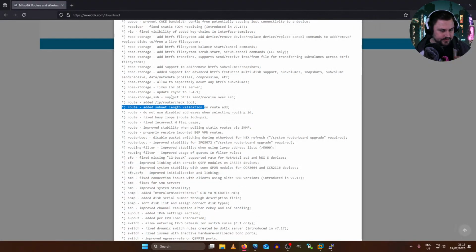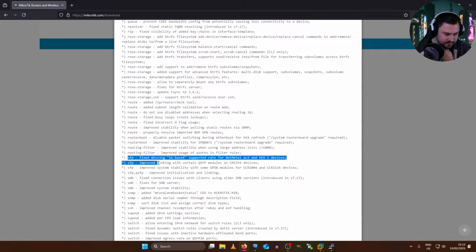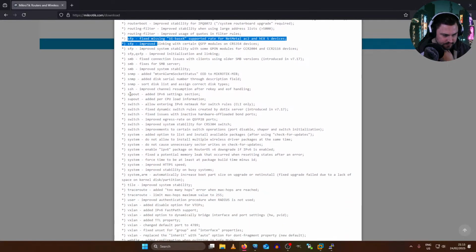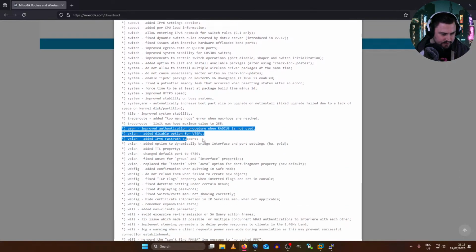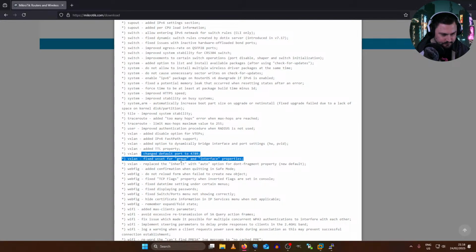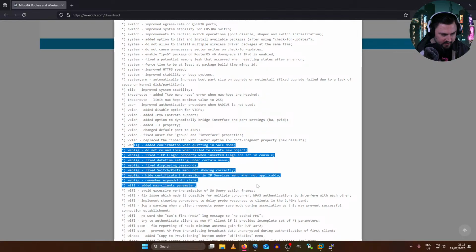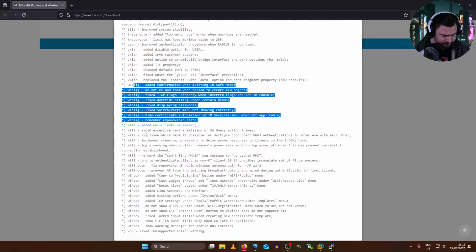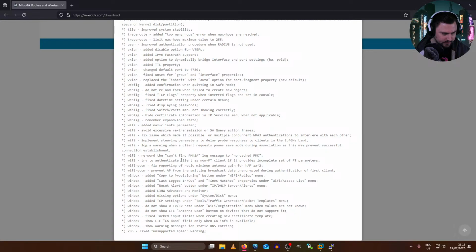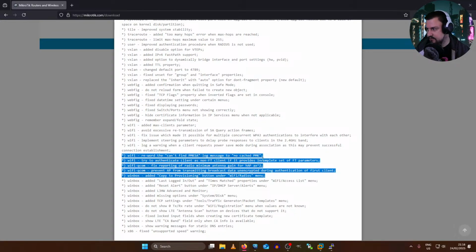Where's my browser window? Some SFP fixes, support fixes, switch fixes, VXLAN. Okay. Webfig I'm not too bothered about. Wi-Fi, I need to produce some stuff on Wi-Fi because there's a lot of things people want to know about Wi-Fi with the new MikroTik.